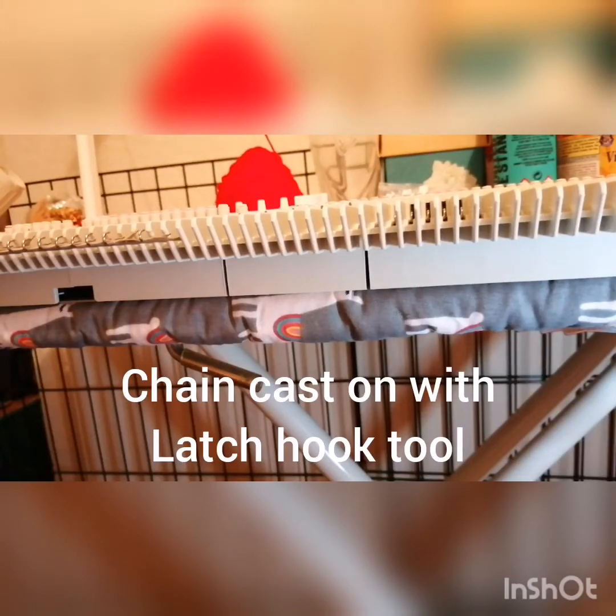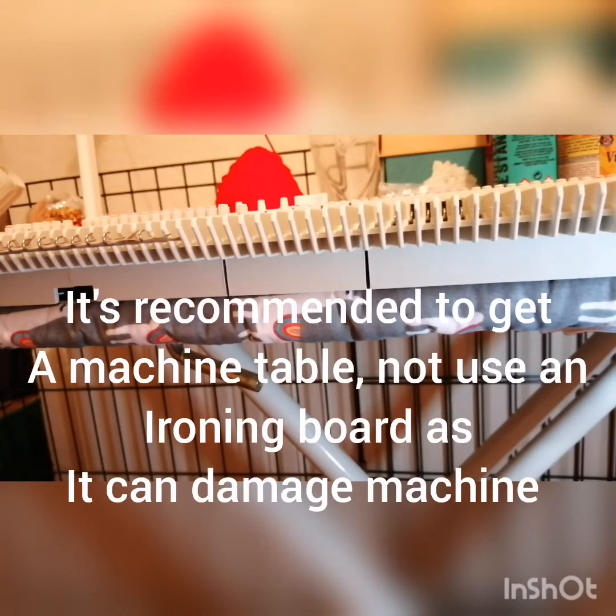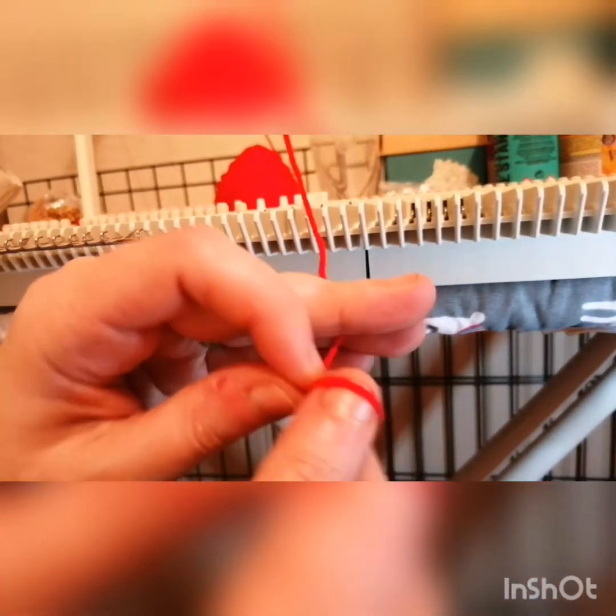Hey everyone, today I'm going to show you different methods of casting on with the LK150. This can be done on any machine. So this one, I like to call it a chain cast on. It's cute, it's simple. We've got the machine threaded up ready and we are going to start off with a